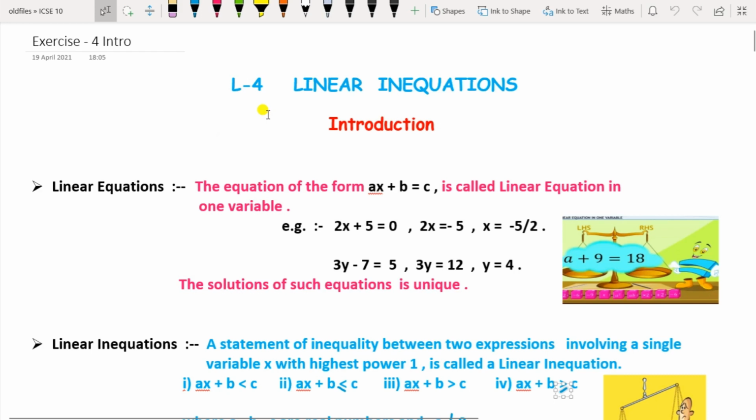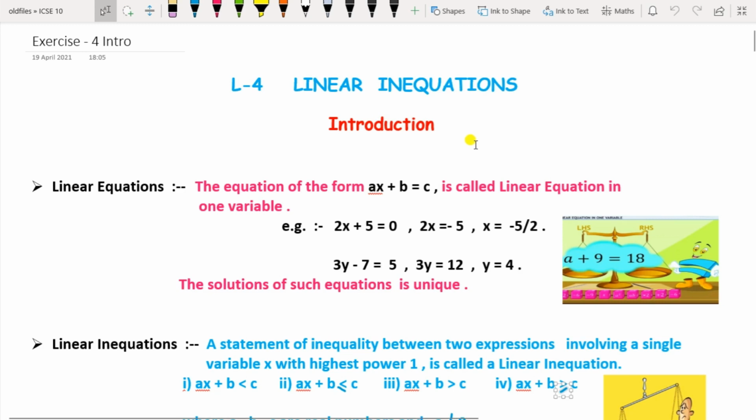In this video we are going to see the description of the concept of linear inequations from R.S. Agarwal. This video is mainly for ICSE 10th standard students, but 8th and 9th standard ICSE students will also be equally benefited. For 10th standard students, it is utmost important to get thorough with the concept, which will make you capable to solve any problem.